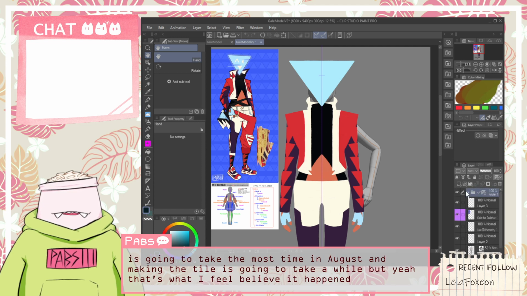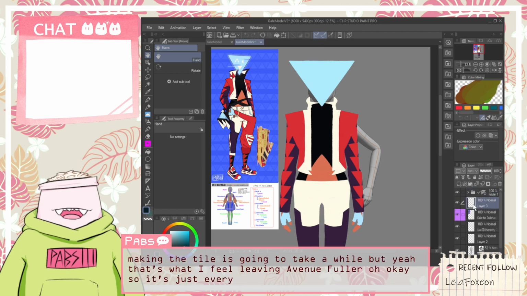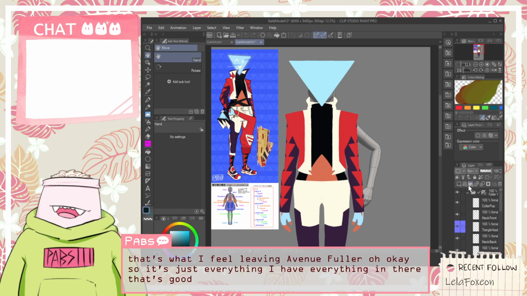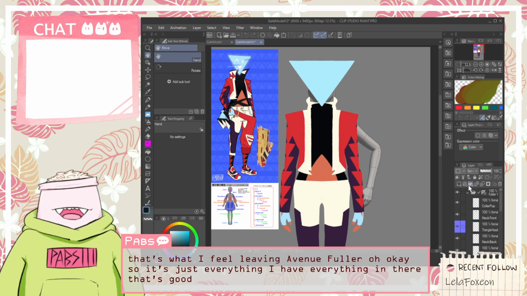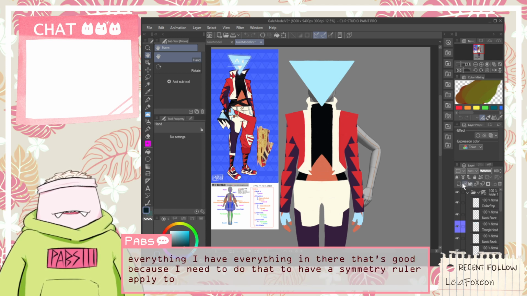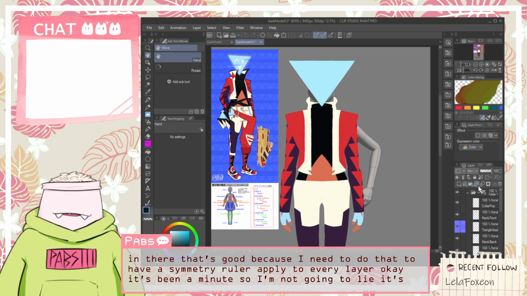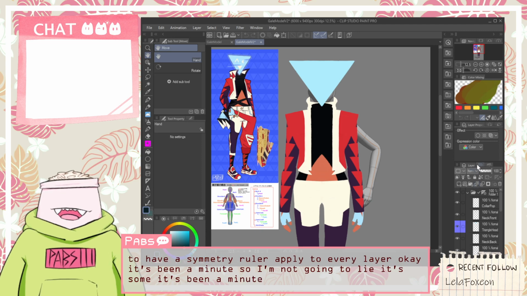What do I even have in this folder? Oh, okay, so that's just everything. I have everything in there. That's good. Oh, right, because I needed to do that to have the symmetry ruler apply to every layer. Okay, it's been a minute since I touched this file. I'm not gonna lie, it's been a minute. Okay,